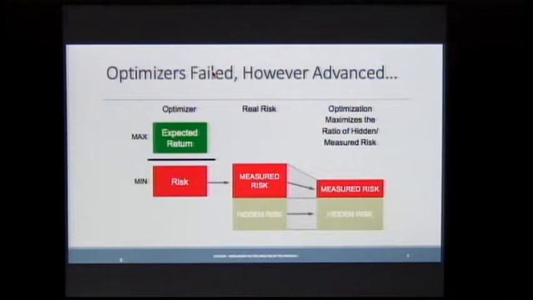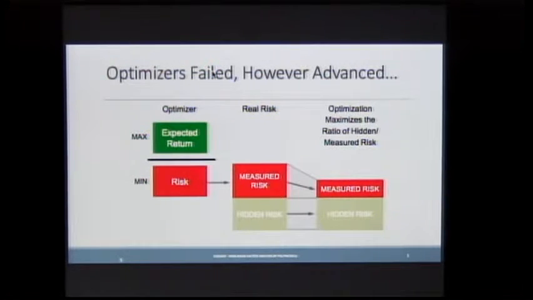I like this slide. It's not the first time you see it. An optimizer is something that maximizes the ratio between expected returns and risk, but in fact it's not the risk. It's just the risk as measured by the optimizer, whatever you use, including poly models. We'll see that. But I'm being very general in here.